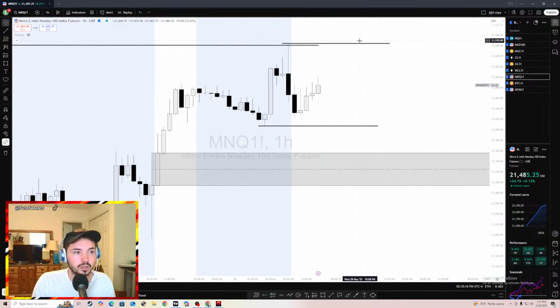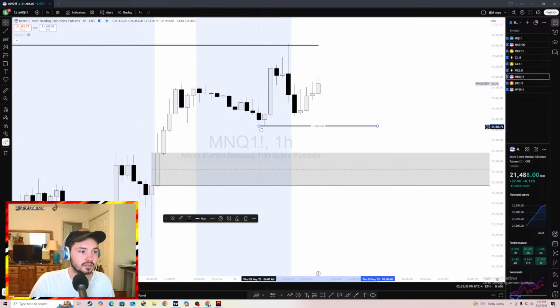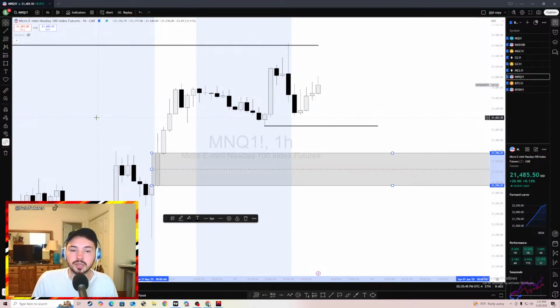So I wouldn't be looking at this top point to sell, because we're looking for buyers. I would be looking to buy at a discounted point. So I'd be looking at where I can get the best percentage off my purchase, and the best percentage off my purchase is going to be down here at this line. This would be a good percentage. And then we identified where this could bounce off, which would be down here. And you see how I'm framing my trades.